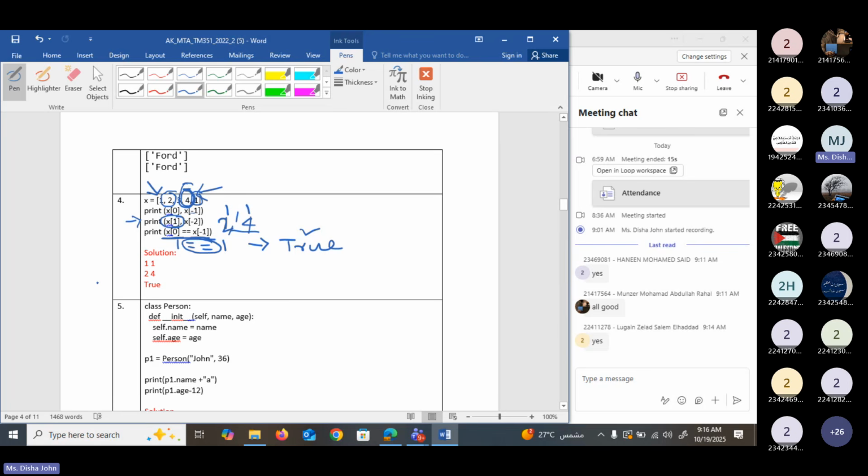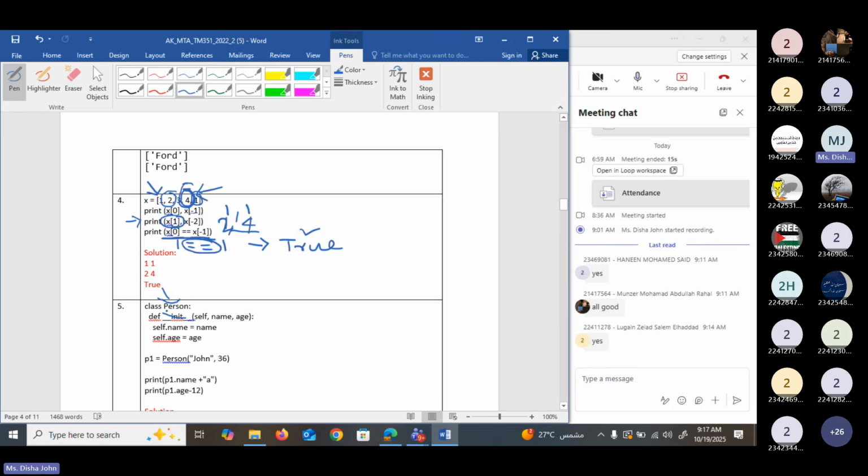Now we are defining a class called person, and here we are defining an init function. This init function is used to initialize the object of this class. You all know we define classes and then we create objects for a class, and then by using the object we can initialize the variables of the class.